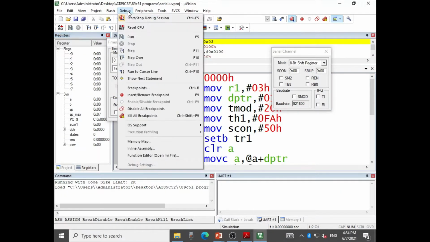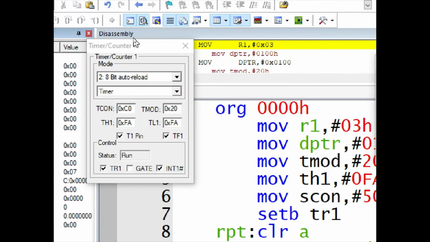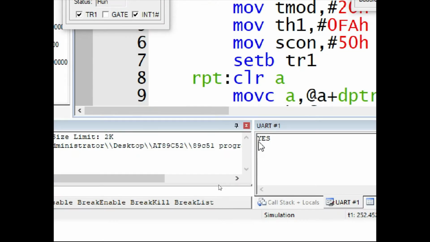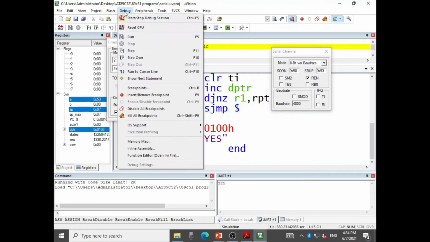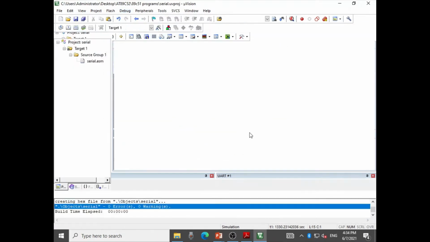So debug and press run, and you can view here that YES appears. A string containing 3 characters is getting transmitted over the TXD pin and it is appearing on the UART port. Let us stop the program and stop the debugging session.